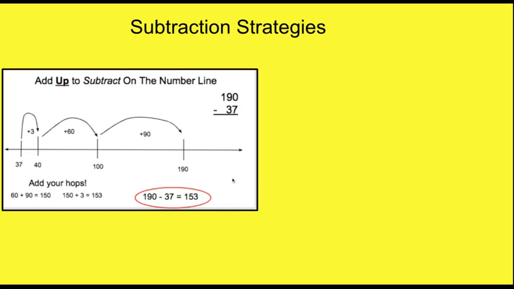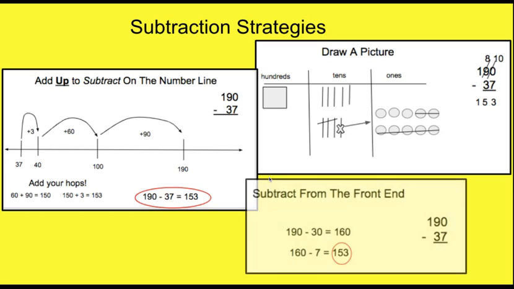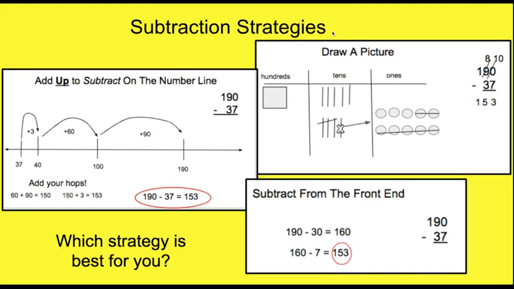That is my answer. All right, so there are 3 subtraction strategies. Add up to subtract on the number line, draw a picture, and subtract from the front end. Which strategy is best for